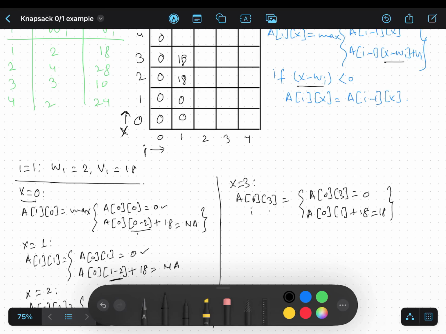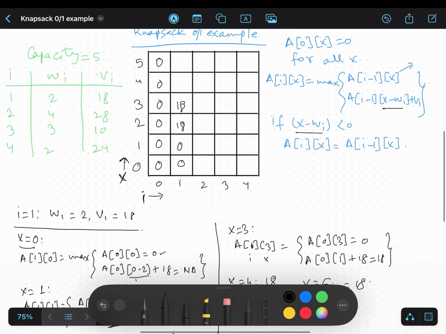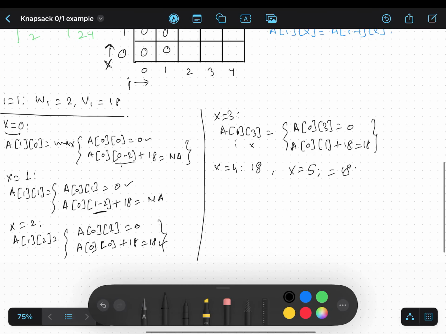This is I, this is x. Okay. Now for x is equal to 4, we are not going to do the calculation, let's say, and this is going to be 18, and for x is equal to 5, this is going to be 18. So okay, now we are done for I is equal to 1 and for all the x. Now I is equal to 2, which means